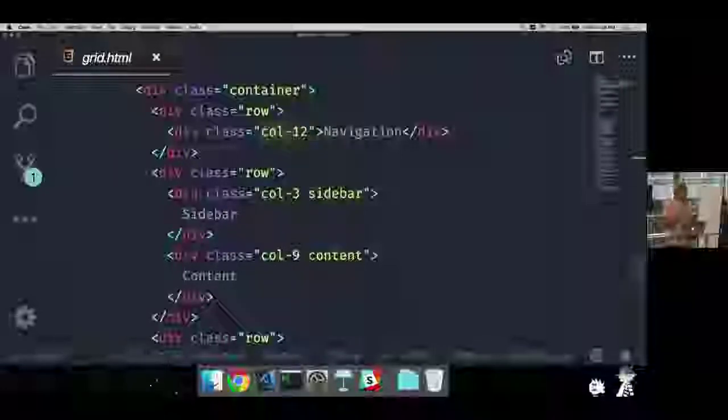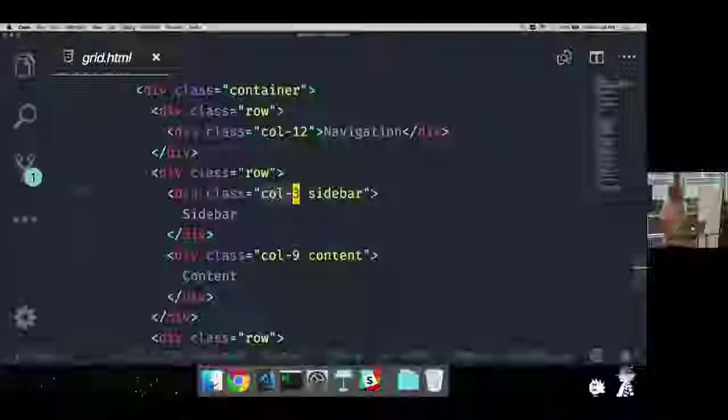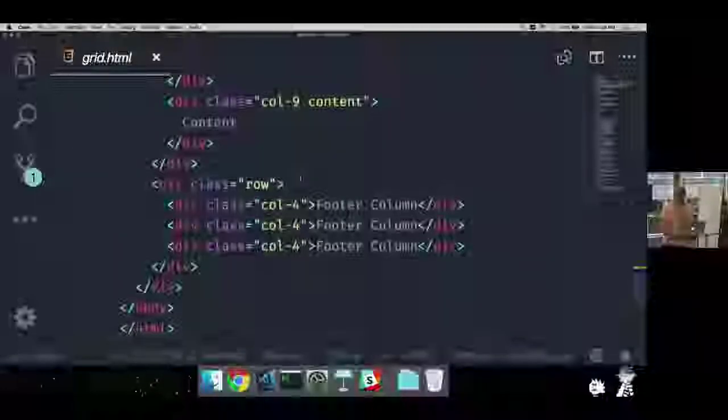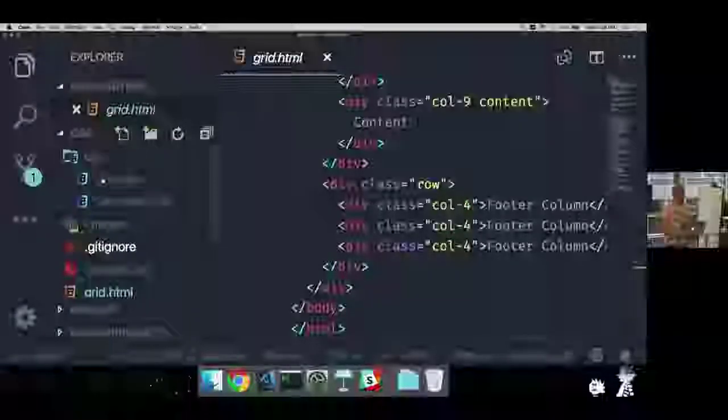But that means we need these classes here. A class that tells this column how wide it is, and a class that tells this column how wide it is as well, right? And then down here we have another row with 4 columns. So this is kind of the interface we have into the grid system. The way that that will be implemented,